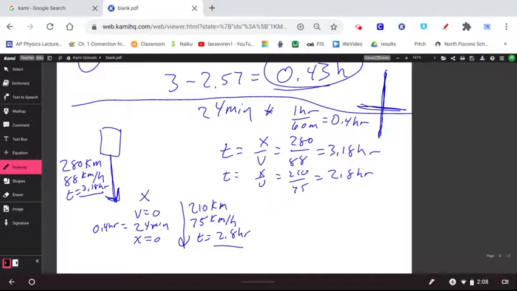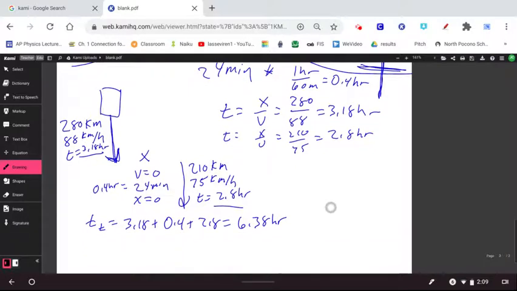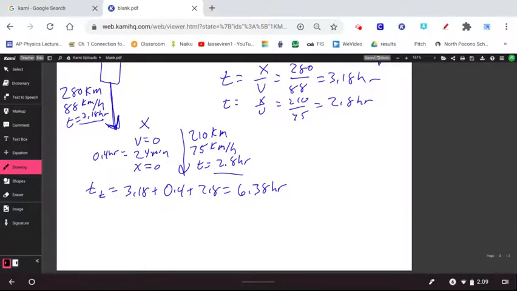So you add the times together, the answer to A is total time is equal to 3.18 plus 0.4 plus 2.8. Again, that's 6.38 hours. And the distance traveled and the displacement, because they're in the same direction, we didn't change directions here,